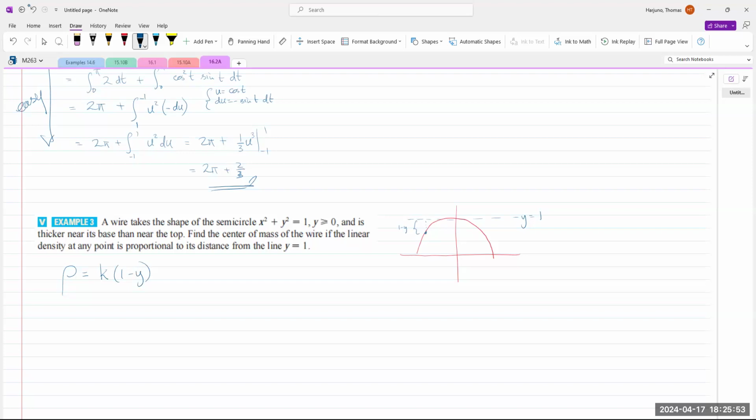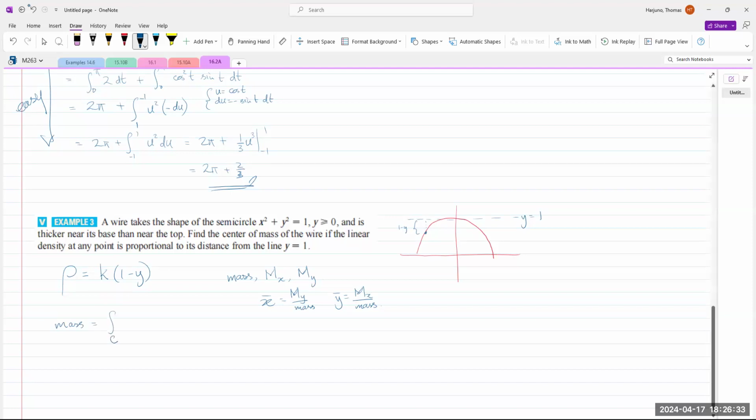Okay, now we want to find the center of mass. To find the center of mass, you need the mass, right? And you also need the moment with respect to the x-axis and the moment with respect to the y-axis. Then x bar will be the moment with respect to y over the mass, and y bar will be the moment with respect to the x-axis over the mass. Now the thing is, how do we set up the integration? Well, the mass first is